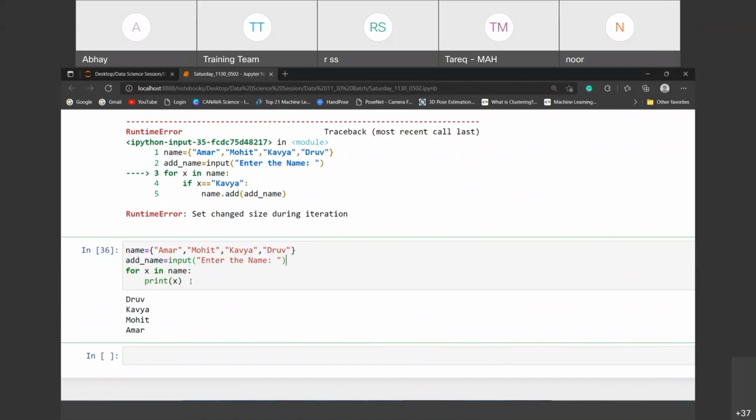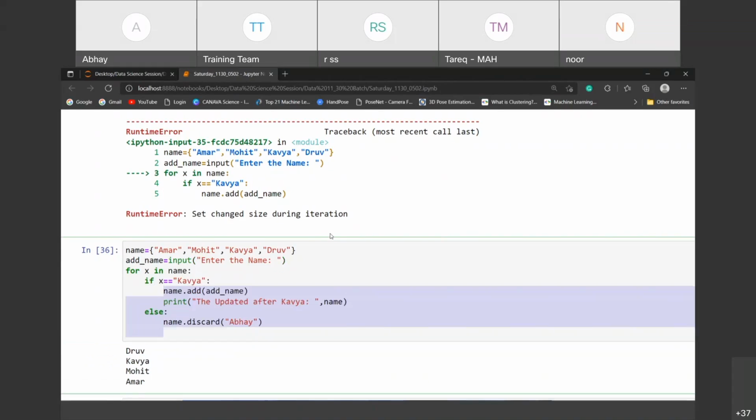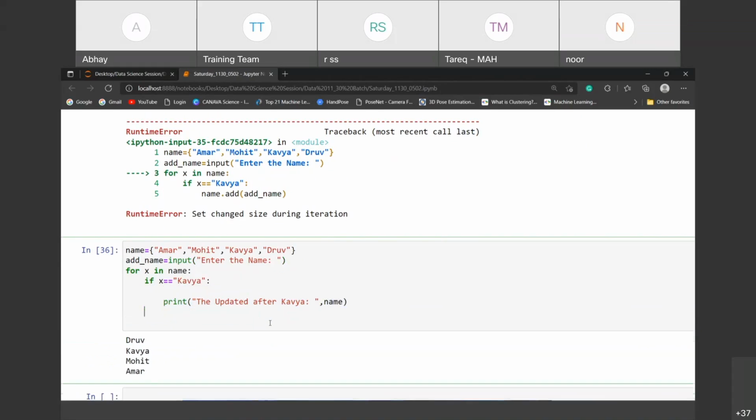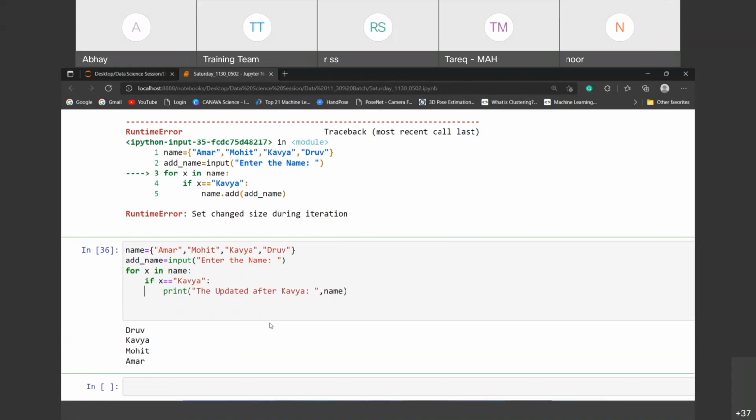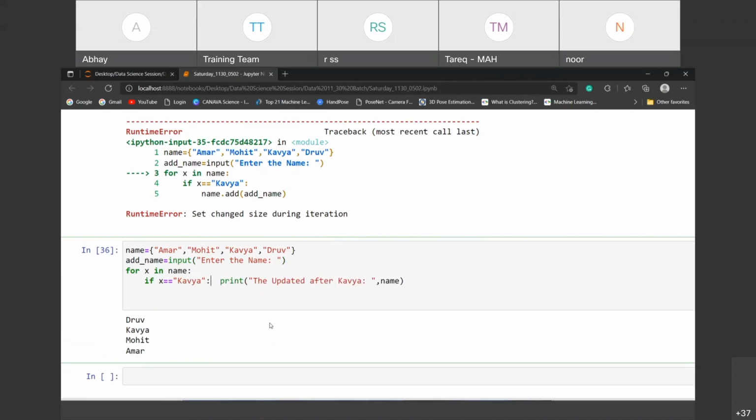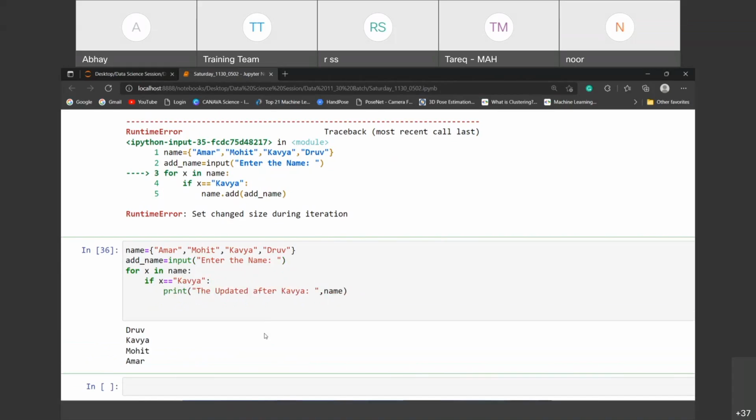I'm going to do one thing. If Kavya is there, then we'll do one thing. I'll remove the print function as well, and keep only this print function. If it gets Kavya, it will print updated after Kavya.